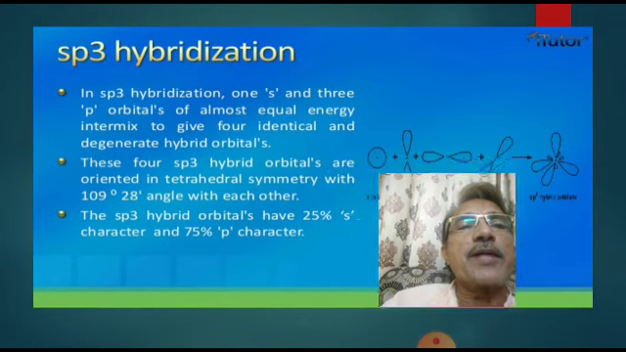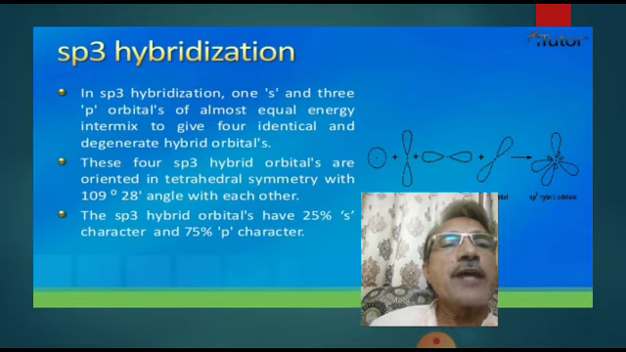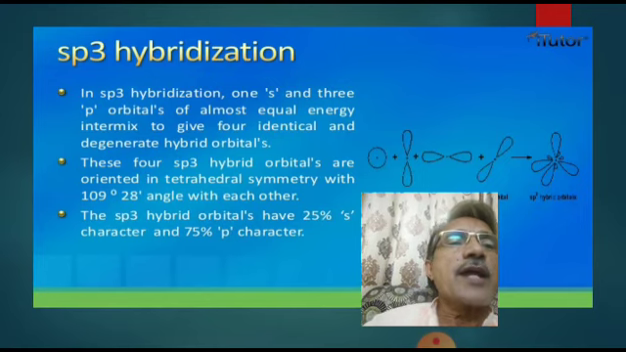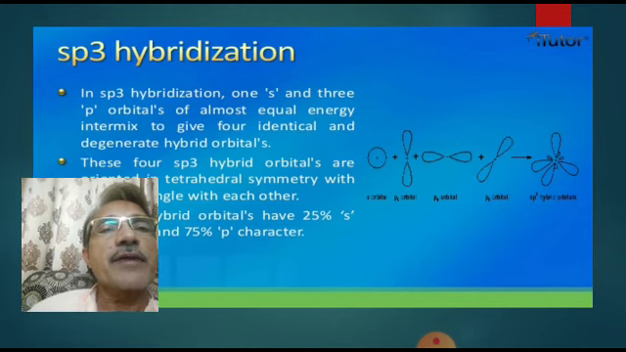Now sp3 hybridization. In sp3 hybridization, one s and three p orbitals of almost equal energy intermix to give 4 identical and degenerate hybrid orbitals. These 4 sp3 hybrid orbitals are oriented in tetrahedral symmetry with 109 degrees 28 minutes angle with each other. The sp3 hybrid orbitals have 25% s character and 75% p character. sp3 hybridization is also called tetrahedral hybridization or